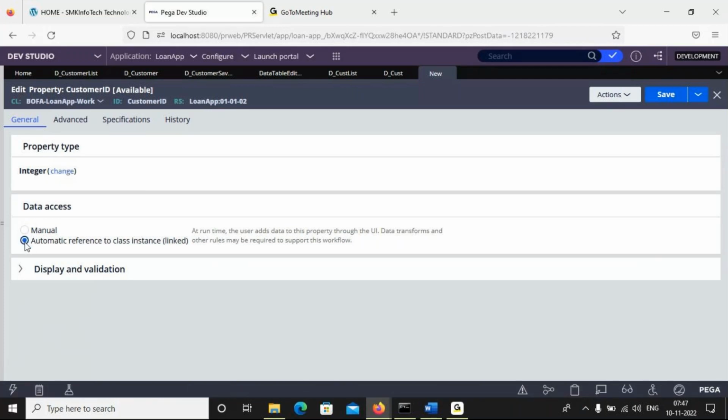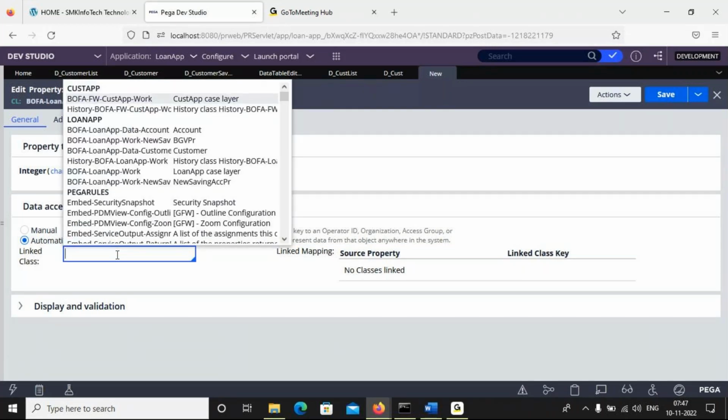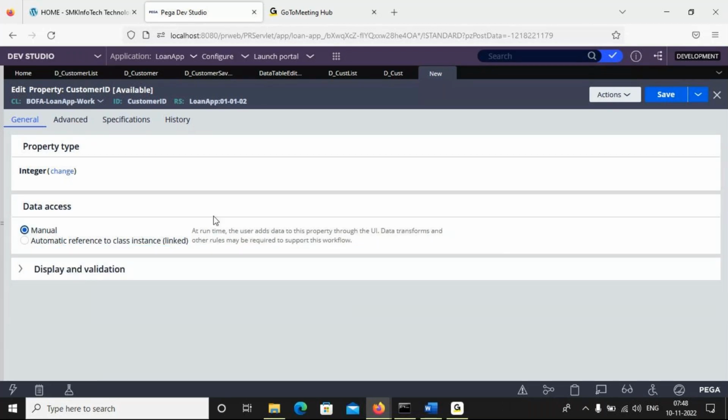Otherwise, yesterday I told you about the clipboard, there is a link to property pages. I am referring the value from the other property, not the UI. That is called a reference value. We can use some keys, table class, something. Assign the value customer ID. I'm going to assign the customer ID to this one. This is the reference value. Got it? So we're not entering this. If you want it entered by you through the presentation layer, I can use manually.